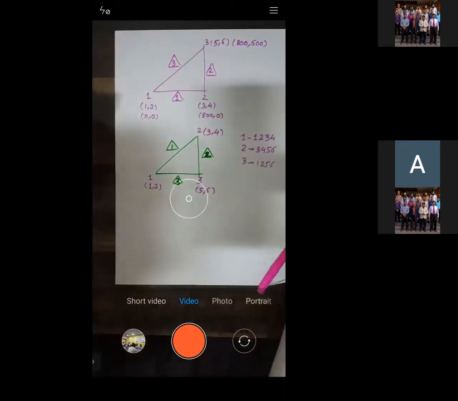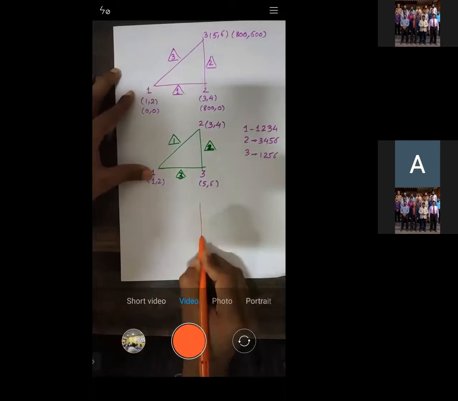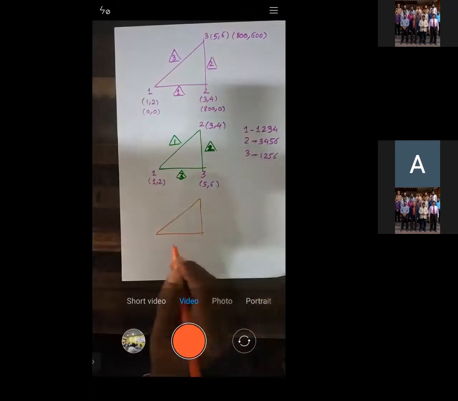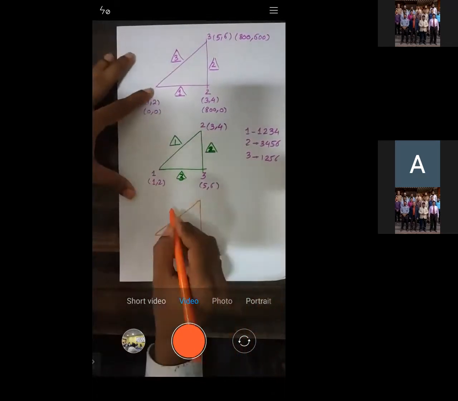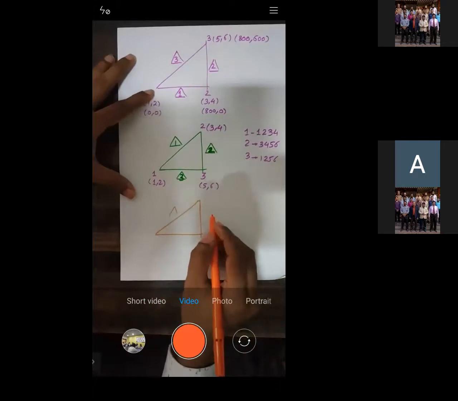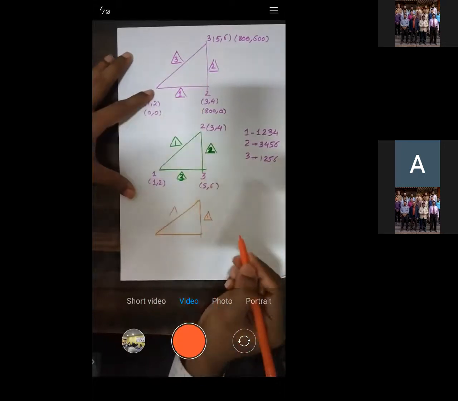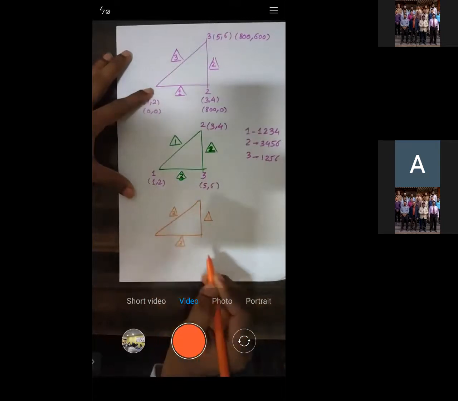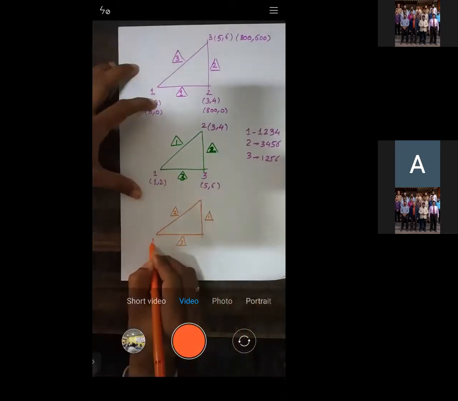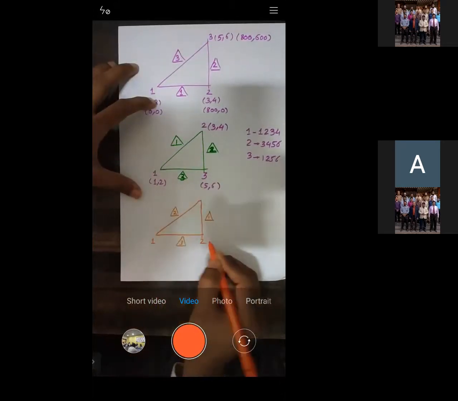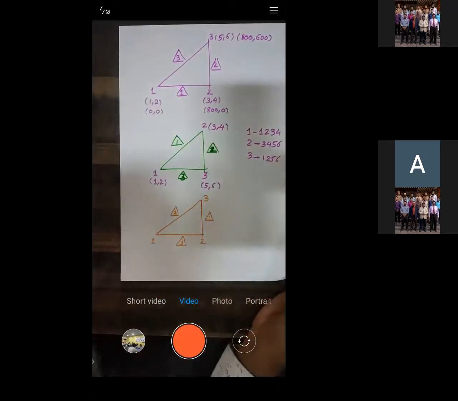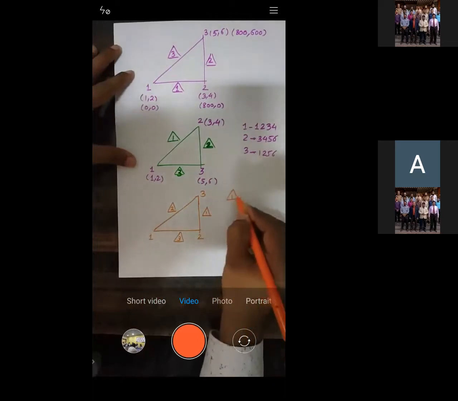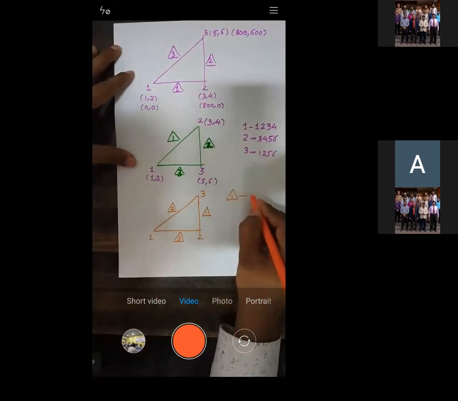If you want to change it one more time, okay, you also can do that. We can also have a different setup for this one, right? Okay, let this be element number 1 here, let this be element number 2 here, let this be element number 3. Let this be node number 1, let this be node number 2, let this be node number 3. Not a problem, in any manner you can do. Okay. Now see, if you talk about element number 1, it is between nodes 2 and 3.